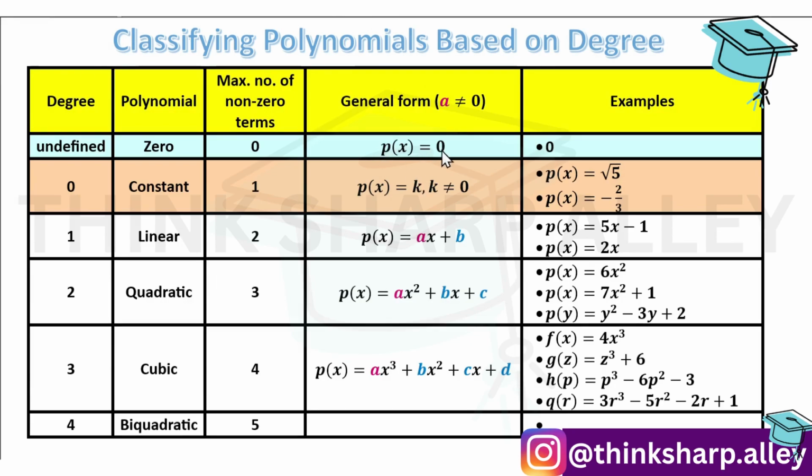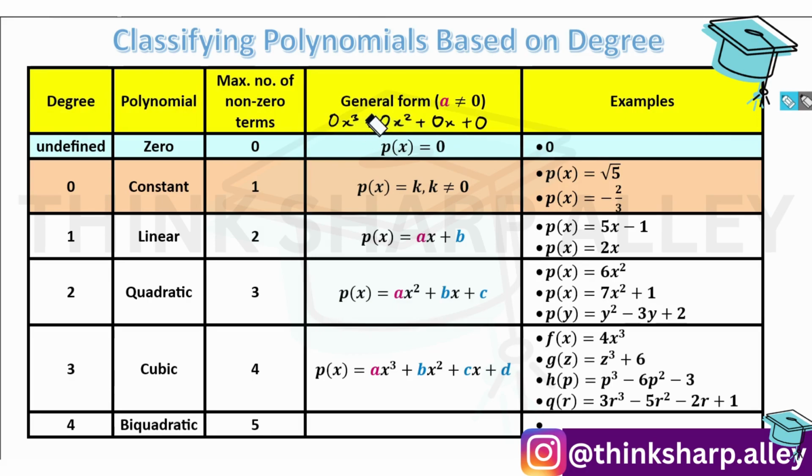It is called a zero polynomial. So p(x) = 0 is a zero polynomial which does not have any non-zero terms, and hence there is no a. Right? So what is degree? Degree is the highest power of the variable with non-zero coefficient. You see, this is quadratic because a is non-zero. So 0 can be written as, for example, 0x cube plus 0x square plus 0x plus 0.